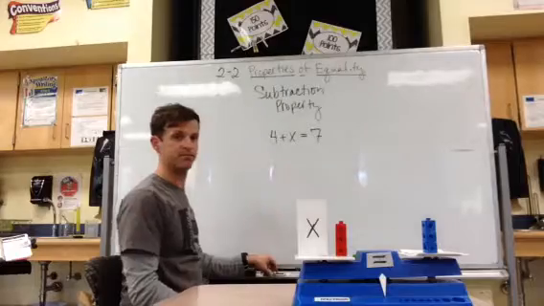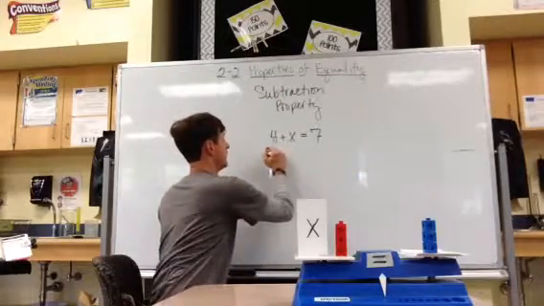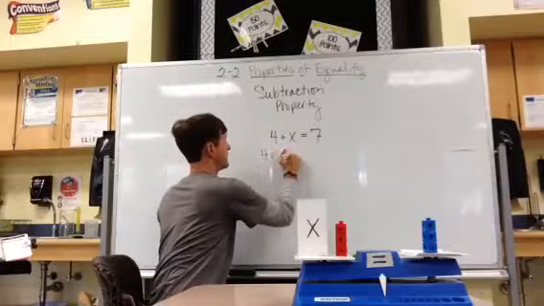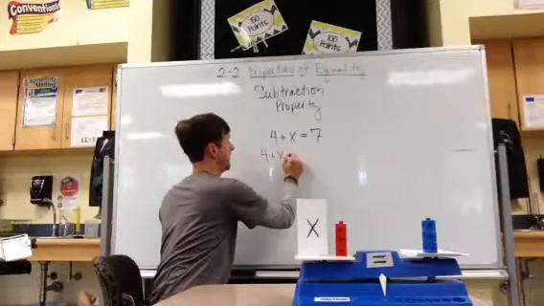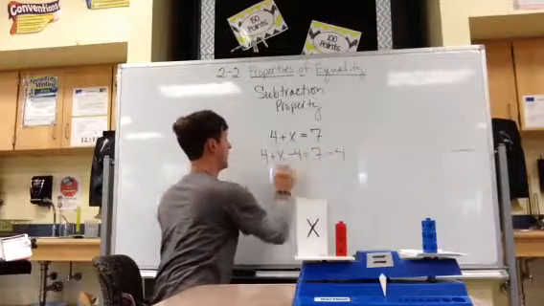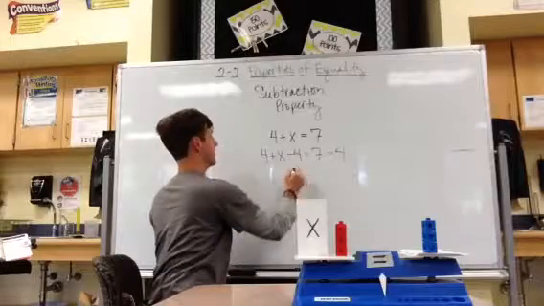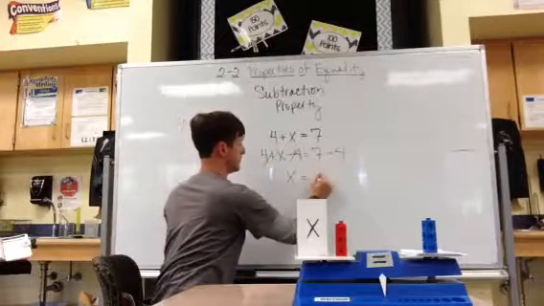Standard algorithm is not a lot different, except we're dealing with symbols instead of quantities. So 4 plus x minus 4 is equal to 7 minus 4. What I do to one side, I do to the other. These cancel. X equals whatever 7 minus 4 is. In this case,